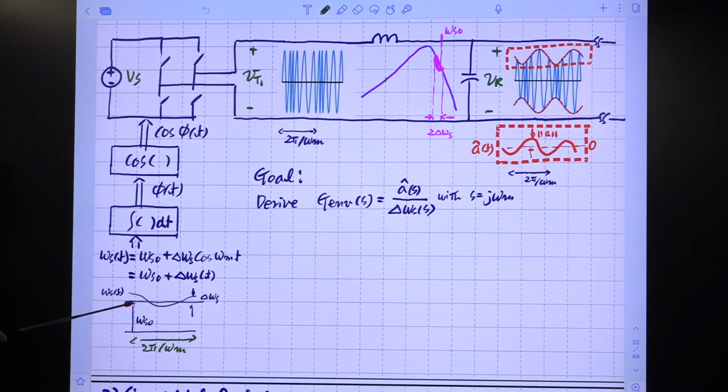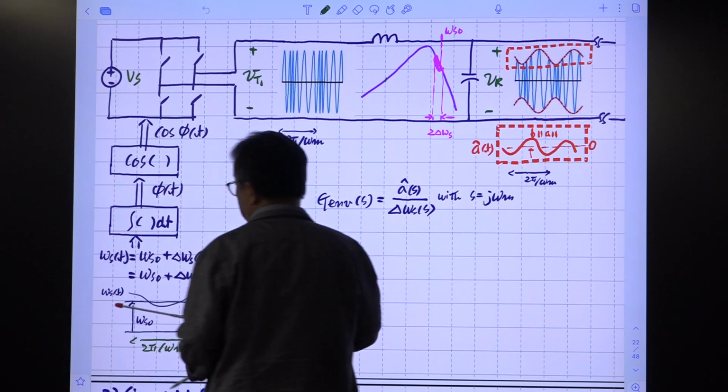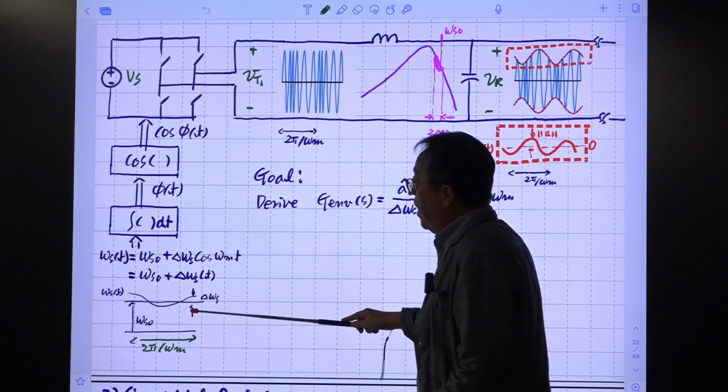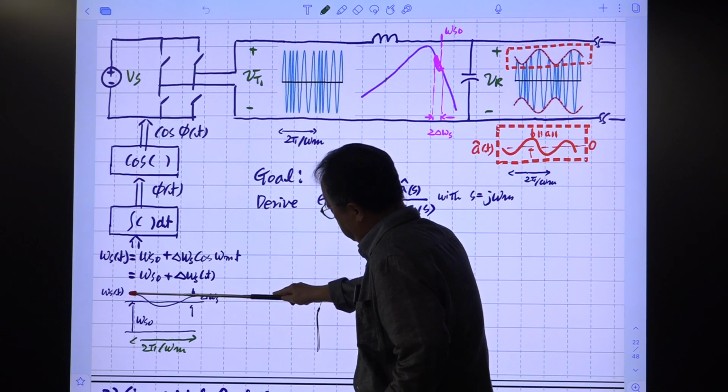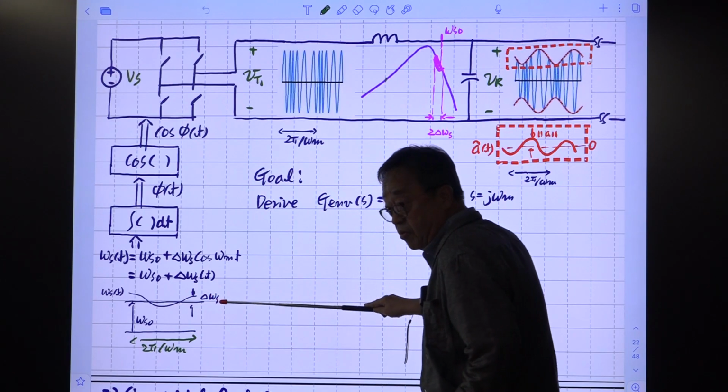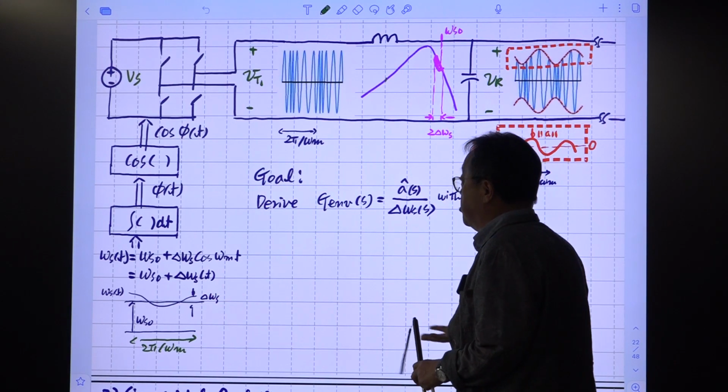this sinusoidal wave represents the frequency of the VCO, okay? So constant frequency. So omega_s0 is the constant frequency. And on top of the omega_s0, we have this modulation component. So the frequency will be increased here and decreased here. And the pattern of variation itself is this sinusoidal wave. So this is called the modulation signal.